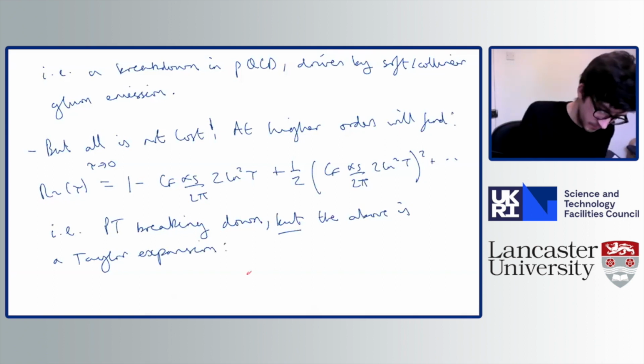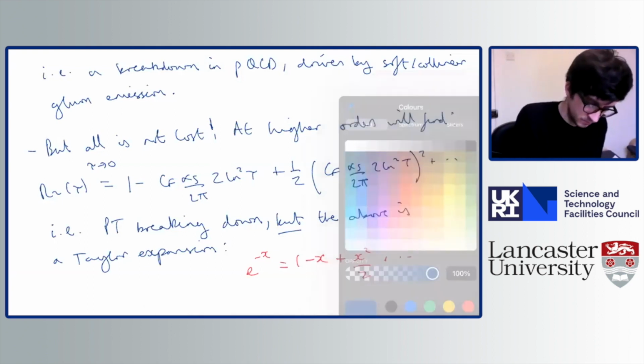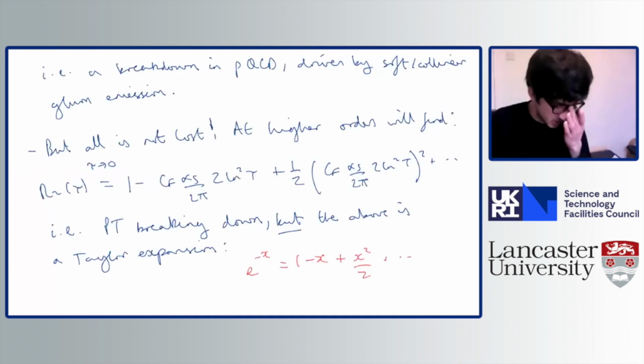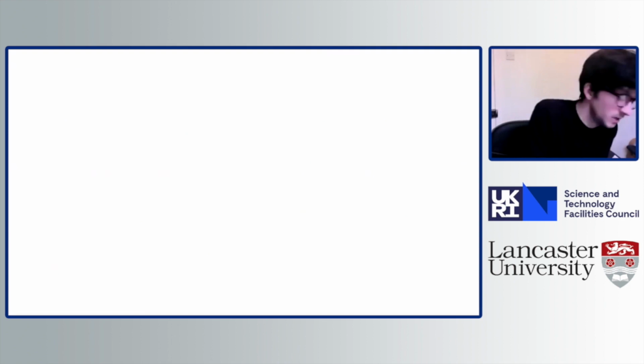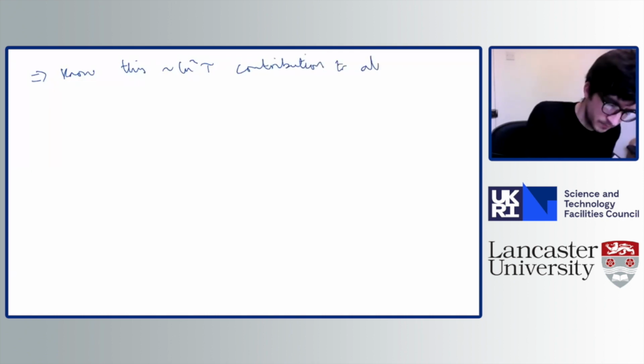In particular, e to the minus x equals 1 minus x plus x squared over 2 dot, dot, dot. Okay. And therefore, even though we can just by observation essentially say, well, actually, we know the all orders result of this logarithmic term, and therefore we can include it in our prediction. So we know this contribution that goes like log squared tau, which will always appear at each order in a perturbative series, we know it to all orders in alpha S,